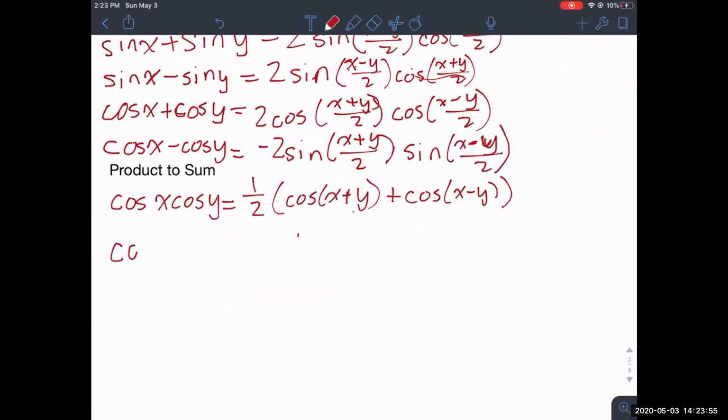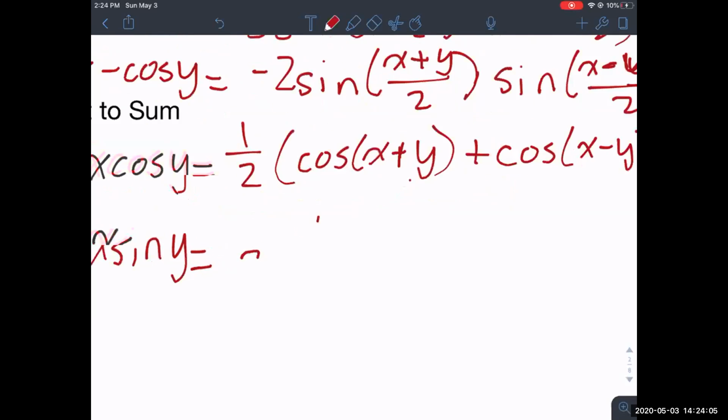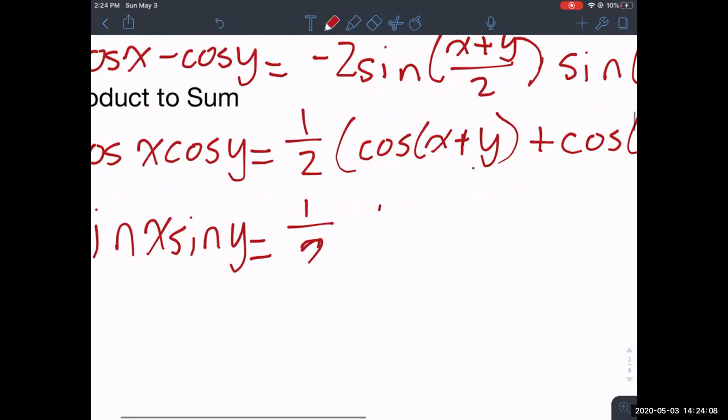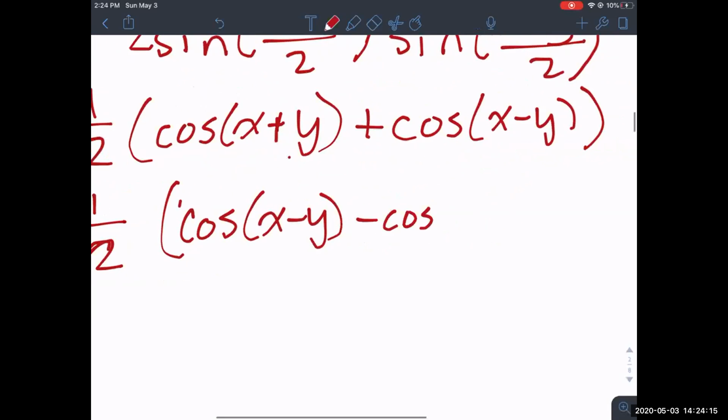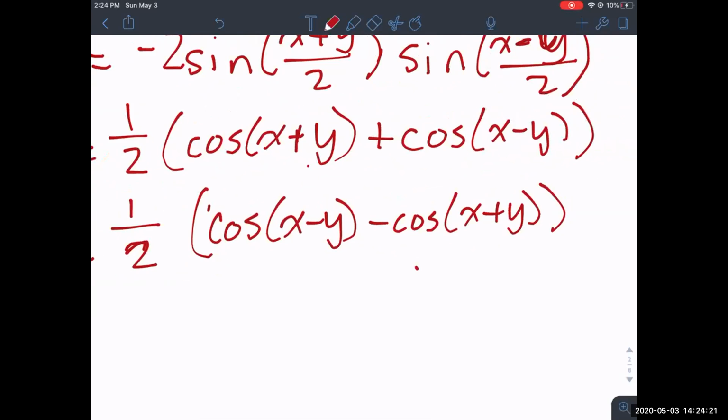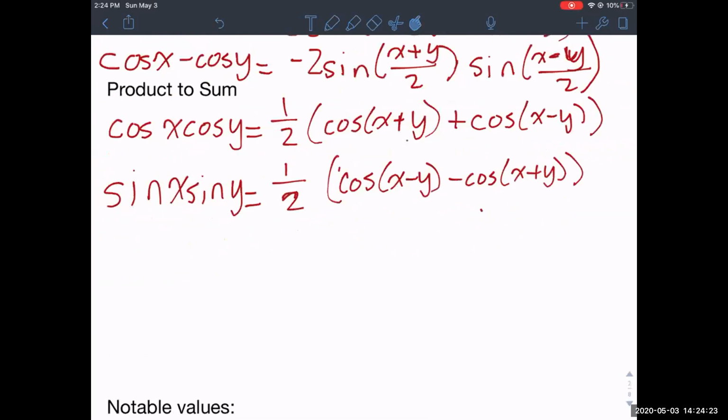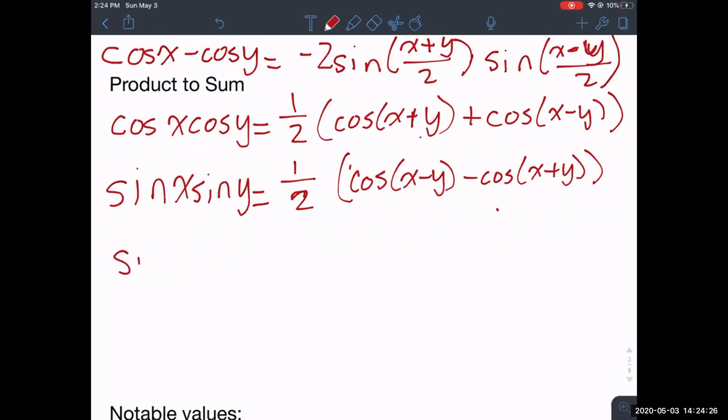Then sine x sine y is equal to 1/2 times cosine of (x minus y) minus cosine of (x plus y). Next one, sine x cosine y is equal to 1/2